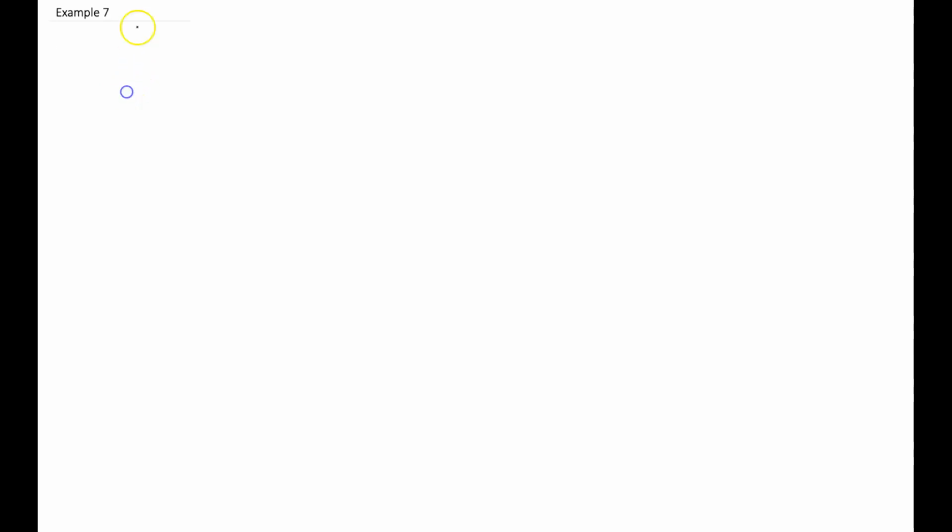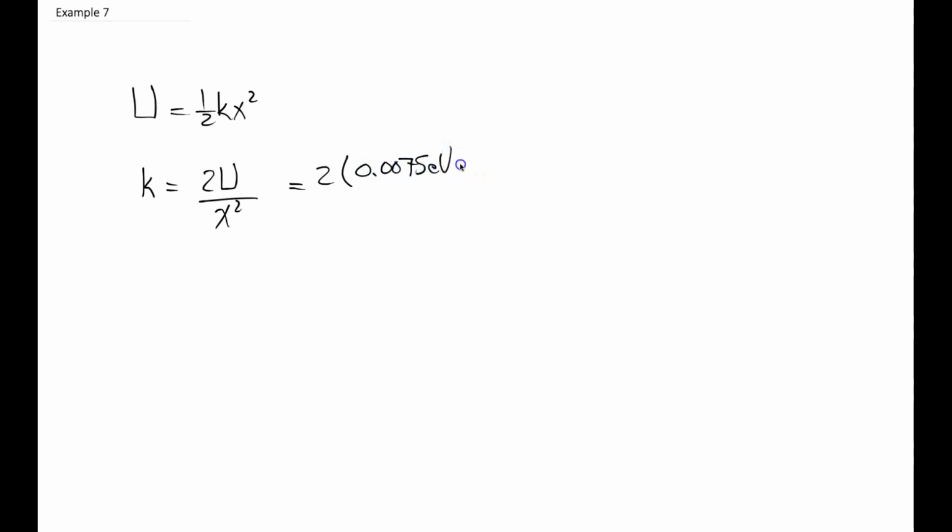We know that the energy is given by 1/2 kx squared, and we know from this that k would equal 2U over x squared, and we're given that U is 0.0075 electron volts. If we change that to joules by multiplying by the conversion factor, we get